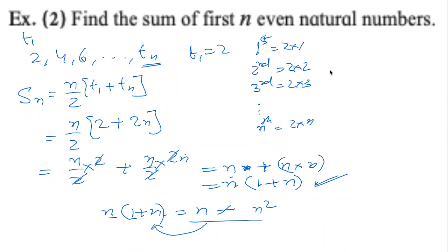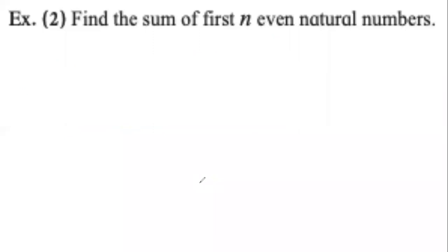Right? So what we need to remember for this is, just like the previous question, if we are asked about the sum of even natural numbers, we are allowed to use this formula directly, n into n plus 1. Remember the previous formula, it was n into n plus 1 by 2. Now that division is no longer required here, n into n plus 1. That's it.